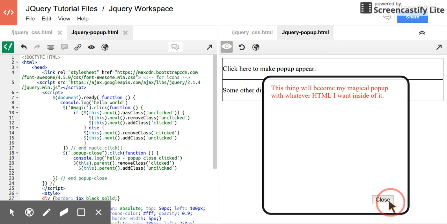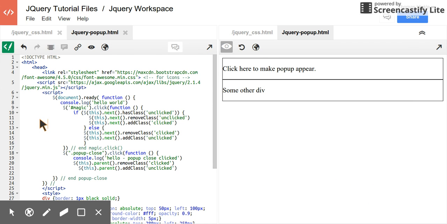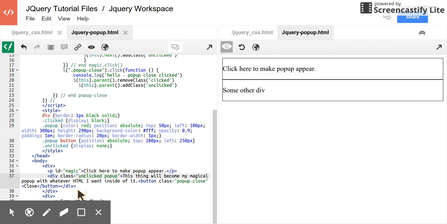And I could make as many of these styles of windows as I wanted, and they'll be different. So for example, if I took this code and copied it, I could make a second